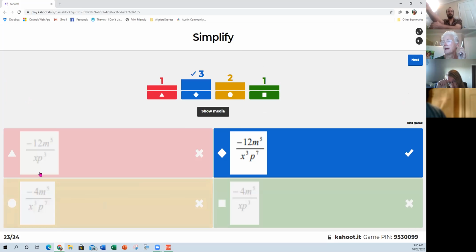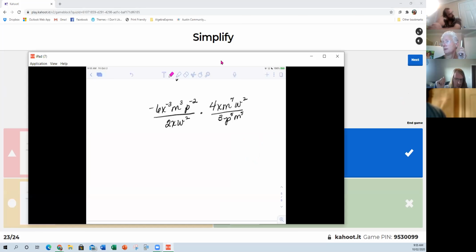Now, this one looks bad, but if you just break it down, it shouldn't give you too much trouble. So remember, when you're multiplying fractions, it's just top times top and bottom times bottom. So I'm going to go ahead and do that. I'm just going to work with the tops first. So I have -6 times 4. And then I add the exponents, so that's going to give me x to the -2nd, m to the 10th,